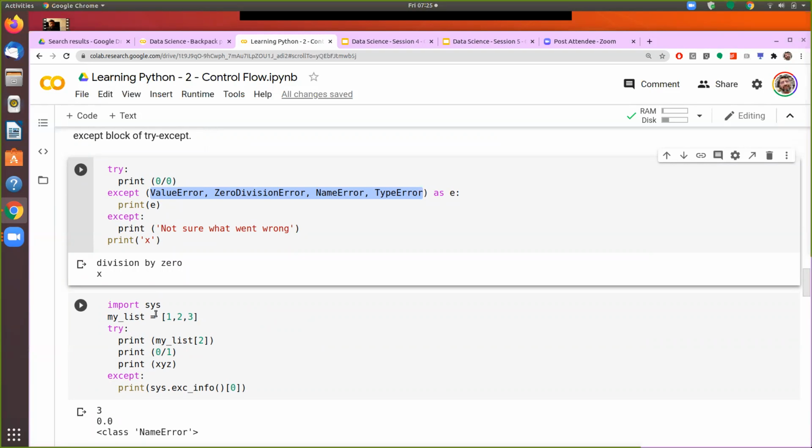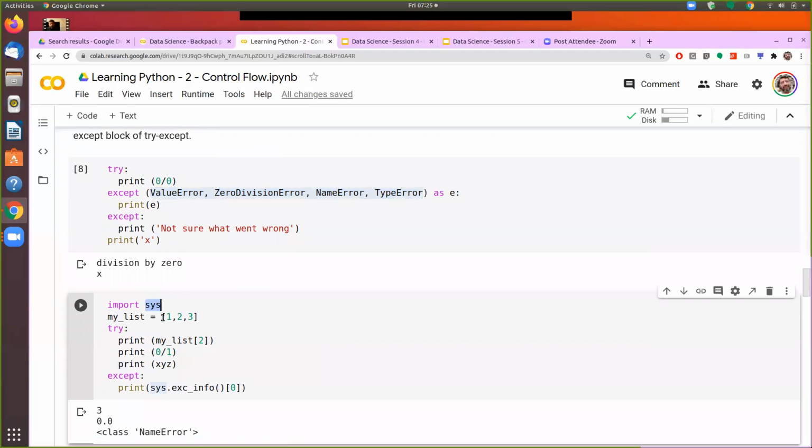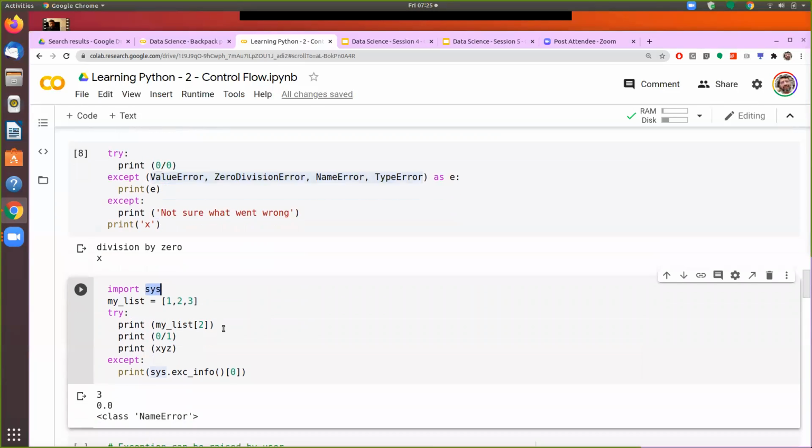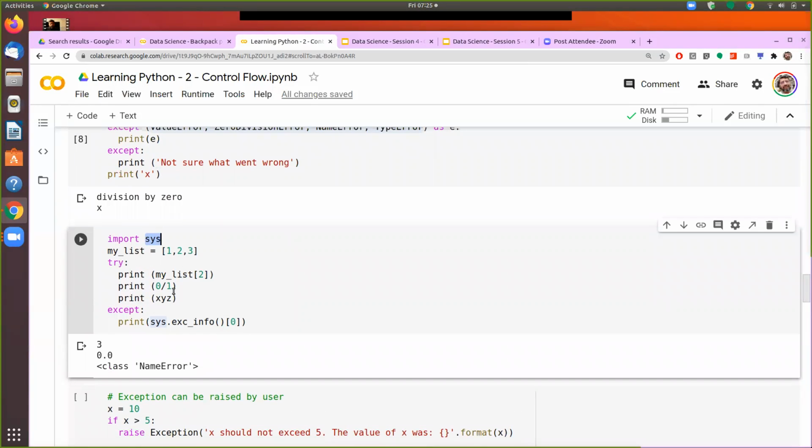and I just want to see what exception is there, then I can import sys. Once I import sys, any kind of exception which is handled here will be put into an object called sys.exc_info, and then we need to read it out from that object. The type of the error is the first element in that, and therefore I am printing out the first element, that is at index 0, and that is showing me. So if I run this,